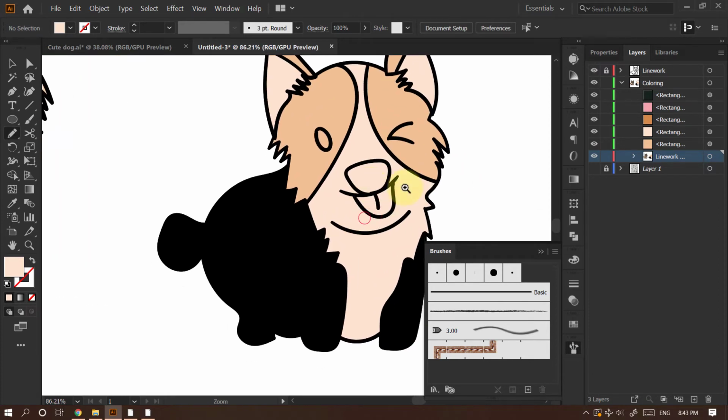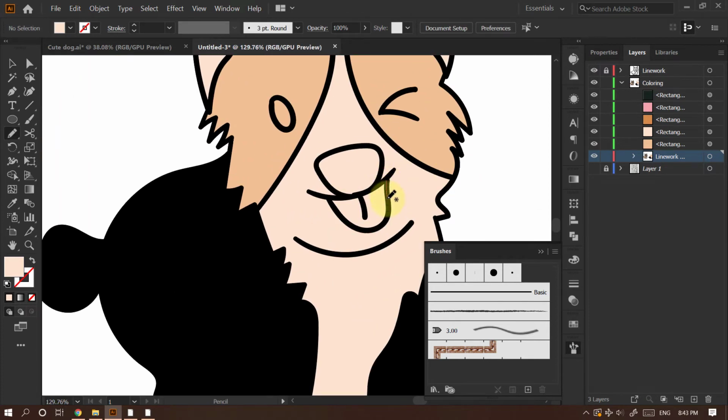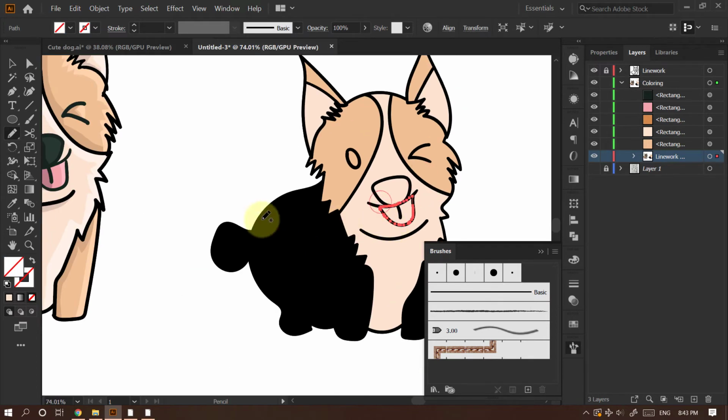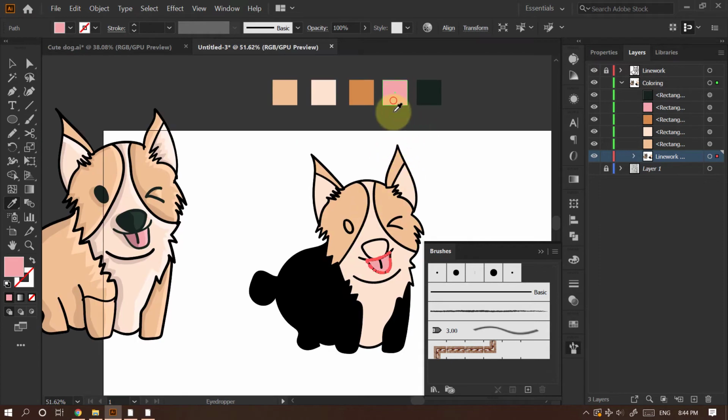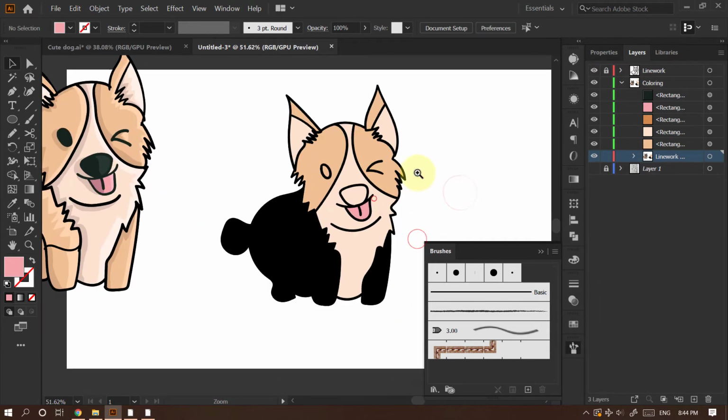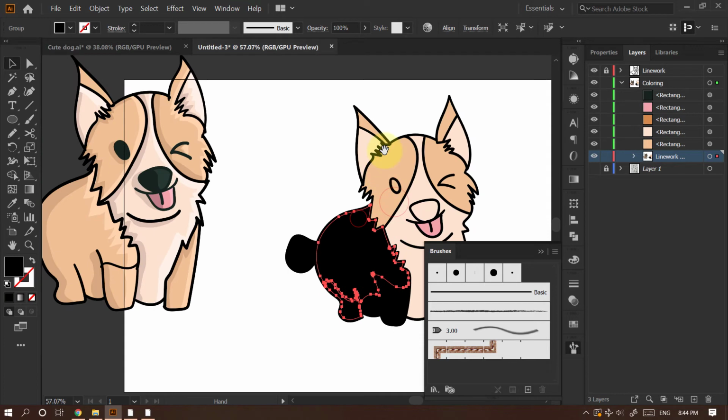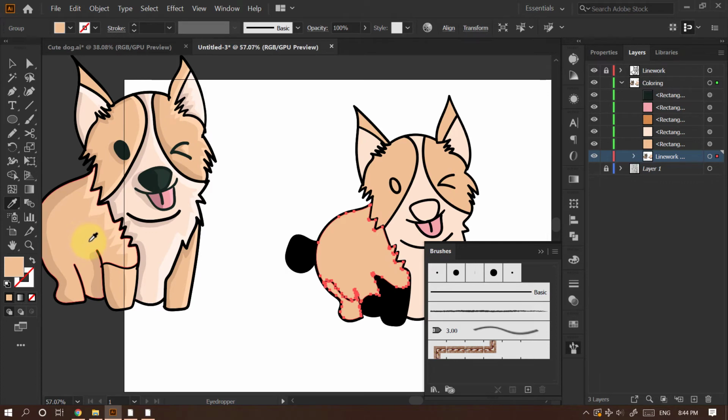For the tongue, we also use the pencil tool to color it. We can copy it here or directly from here. For this, I think we don't have to use the pencil tool because they are separate shapes.